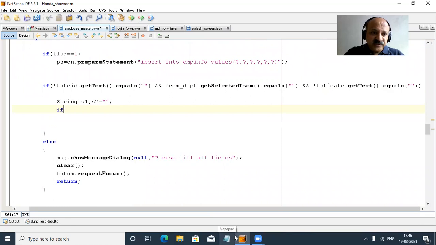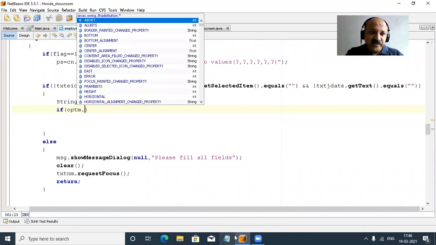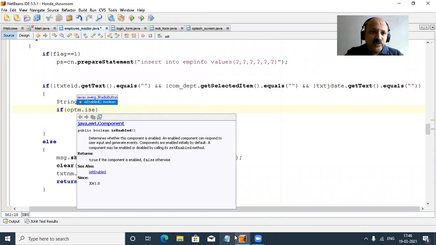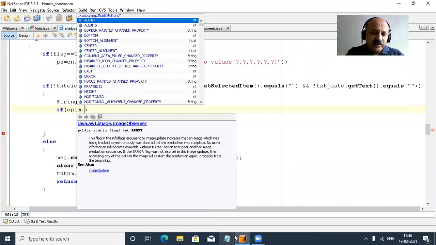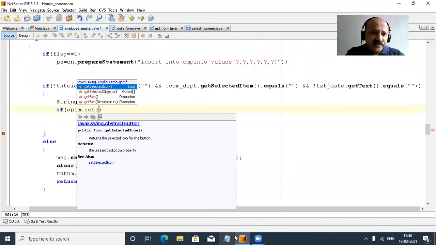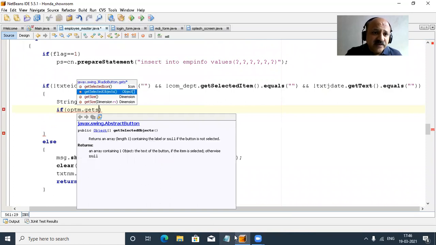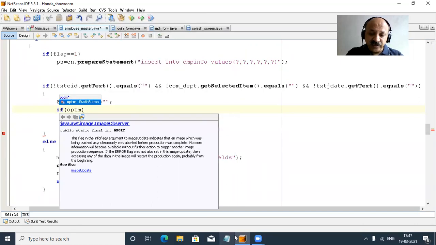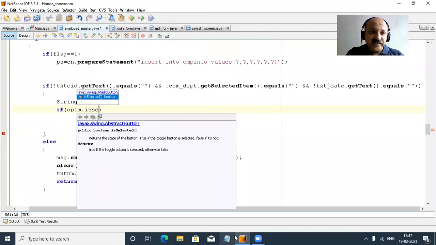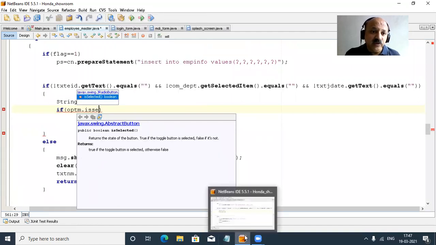So first, yes, we can apply that is OPTM, and that is selected. That is the get selected method. So set and get, there are two methods. So if the user has selected, that means that option is selected. Yes, if employee ID is selected, you can look that the return is a boolean value.